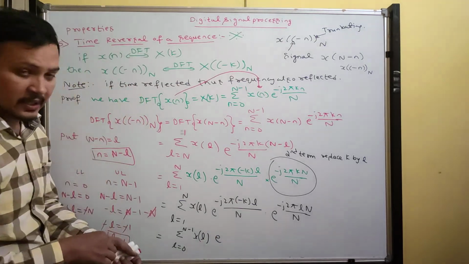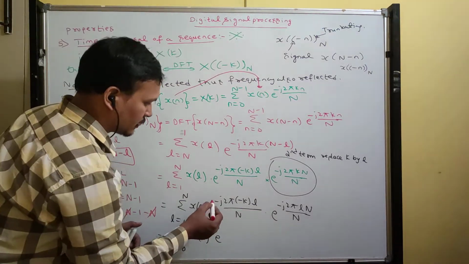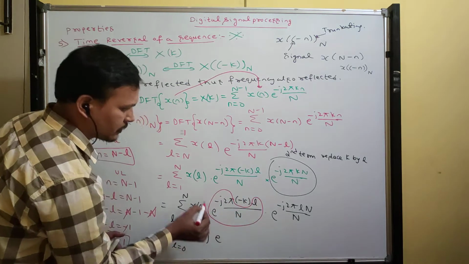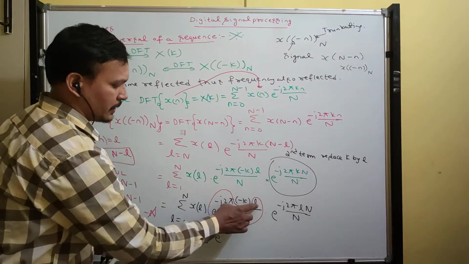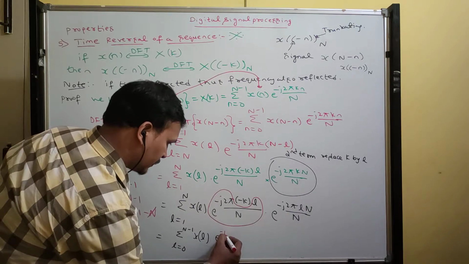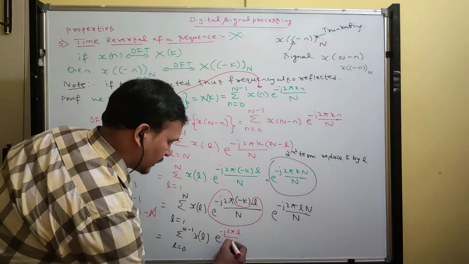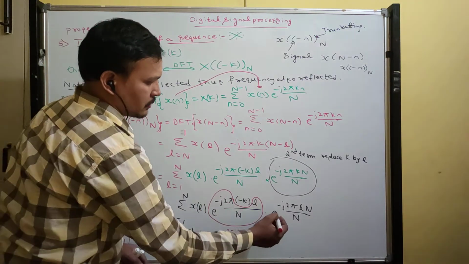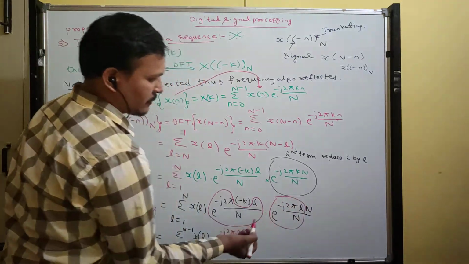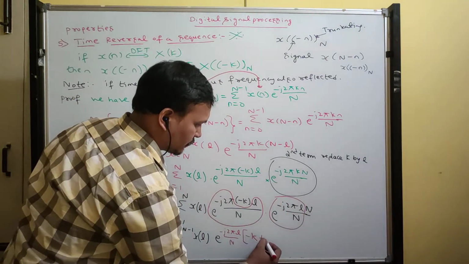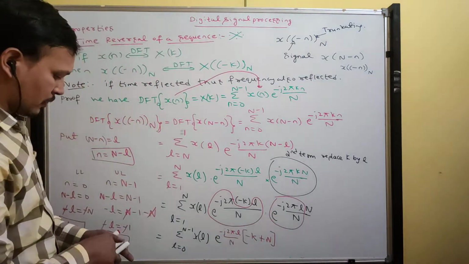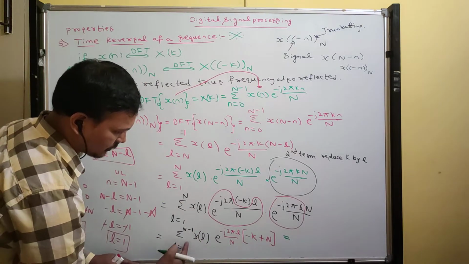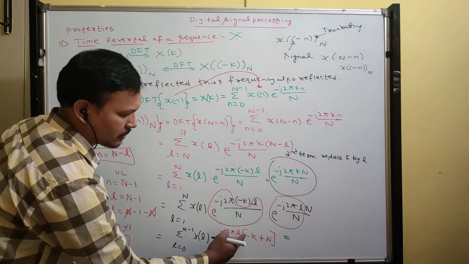to the power of, now take this common factor, e power minus j 2 pi l by n. If you take e power minus j 2 pi l by n as a common factor, what is left? Minus k. Similarly, e power minus j 2 pi l by n common factor, what is left? Plus n. Now this entire thing, l equals 0 to n minus 1, x of l e power minus j 2 pi l by n into minus k plus n,